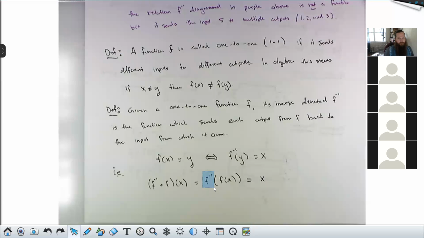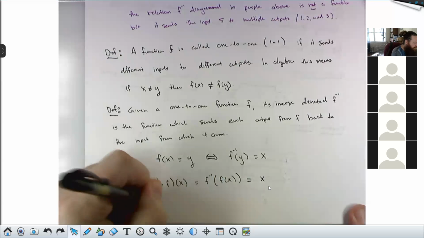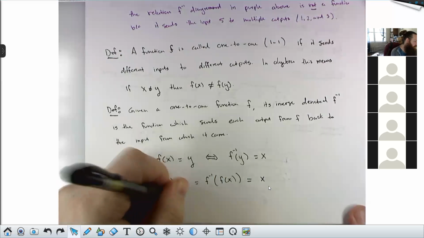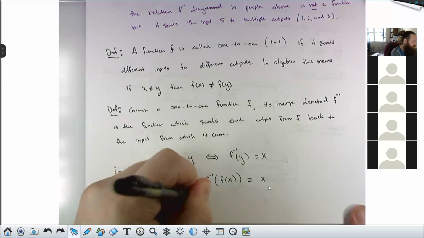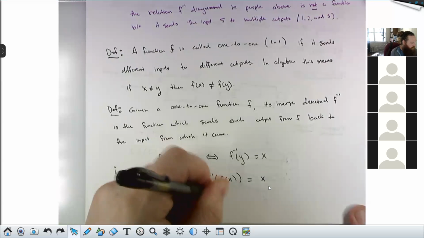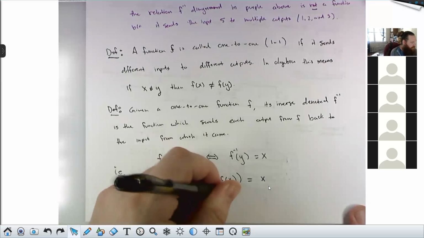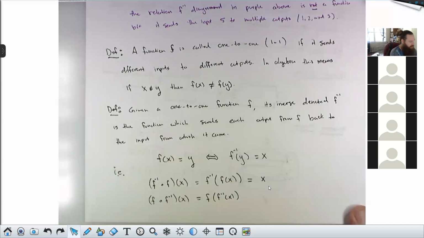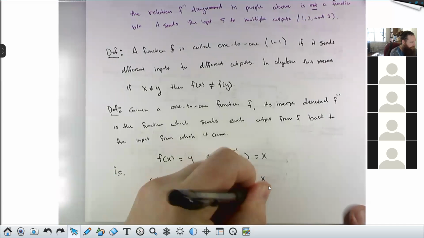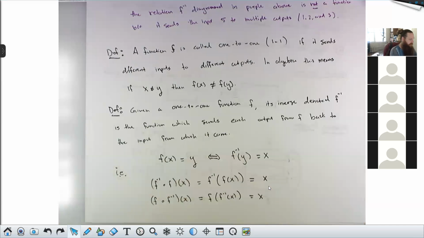Remember, f inverse is the function that exactly undoes the function f. So if you do both of them in a row to some input, you should get that input back. And in fact, it's true in the other way also. f of f inverse of x, if you want to write it out, this should also always simplify to x. And these are how you check